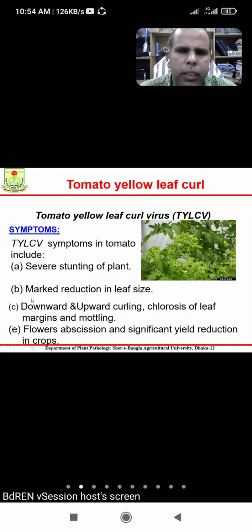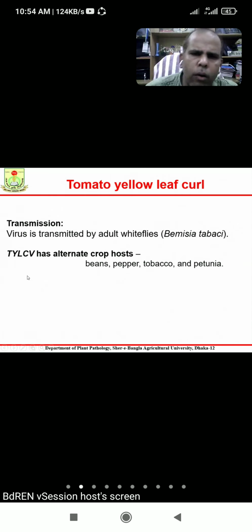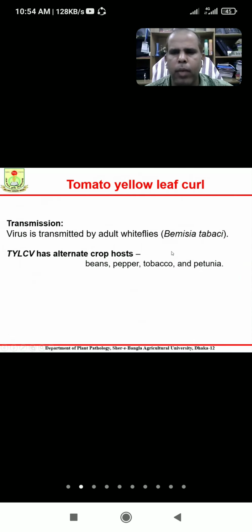So this is actually very severe one as compared to the mosaic. Now how is this virus transmitted, very interesting, this virus is transmitted by the whitefly, Bemisia tabaci, the adult whitefly, as I already told you. And this virus is basically transmitted through the